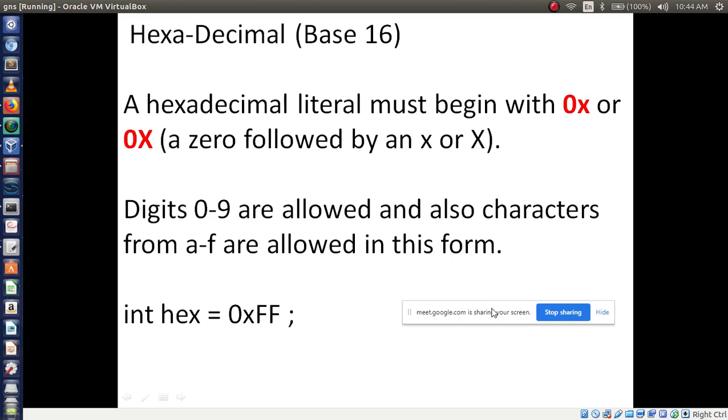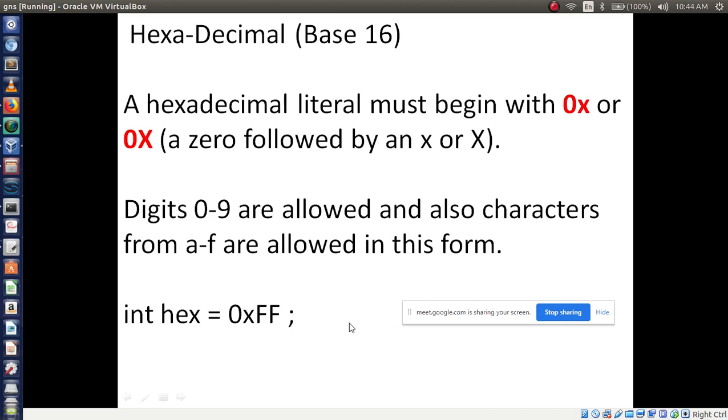In digits, 0 to 9 are allowed, and also the characters A to F are allowed. Apart from numbers we can only use 0 to 9, so if you want to use bigger numbers, we use the letters A, B, C, D, E, F, up to F.